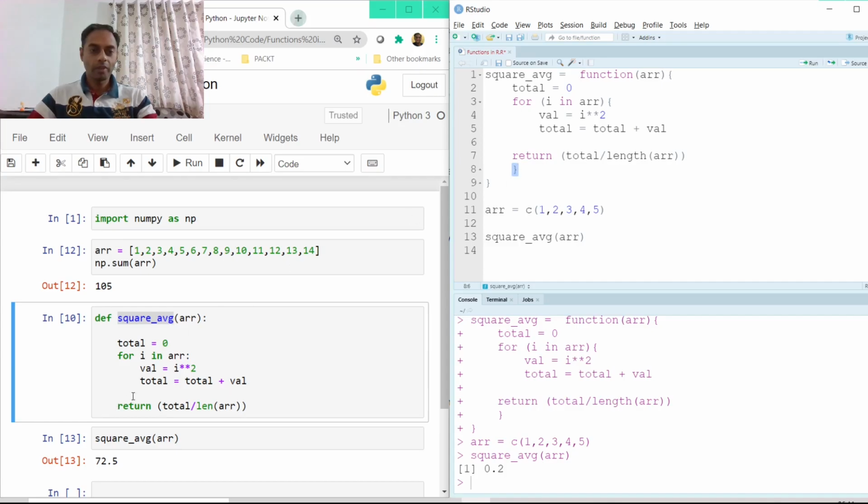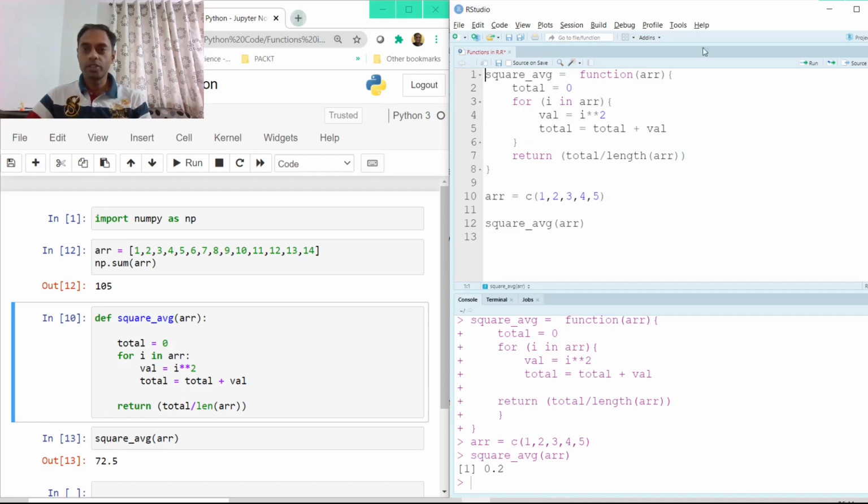So the for loop ends here in Python, and this return is outside the for loop. Here we have to put the curly braces outside. So the for loop ends here, and once the for loop is done, we get the total. The total is then divided by the number of elements in the array. So this is another mistake. It's always good to make mistakes so that we learn. When we get a similar mistake, we know where exactly we have to rectify.